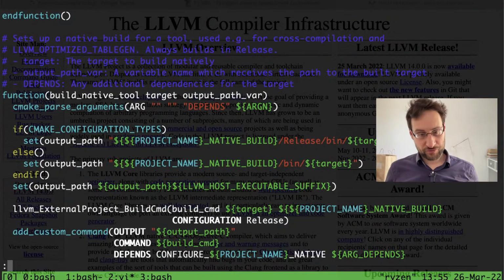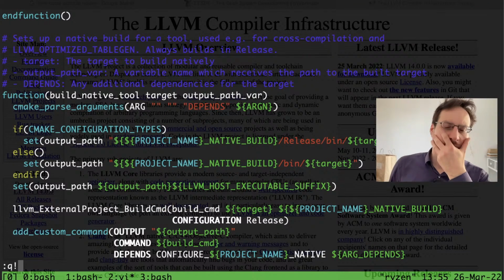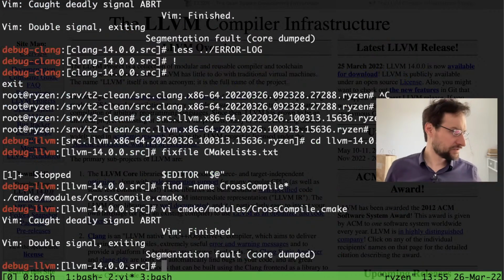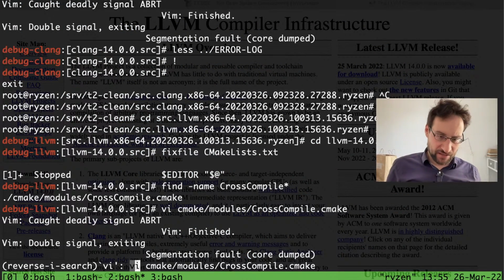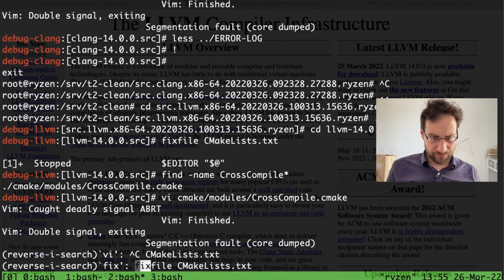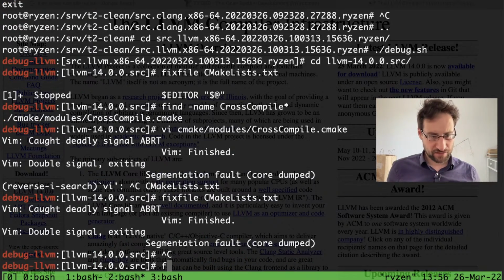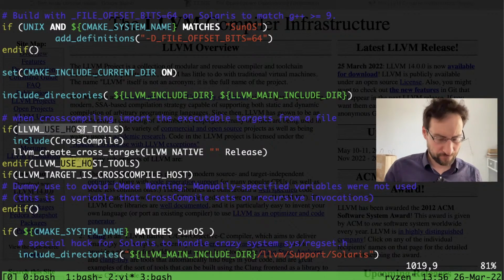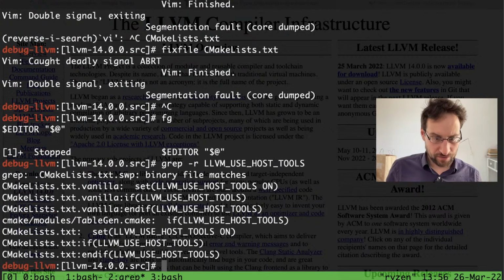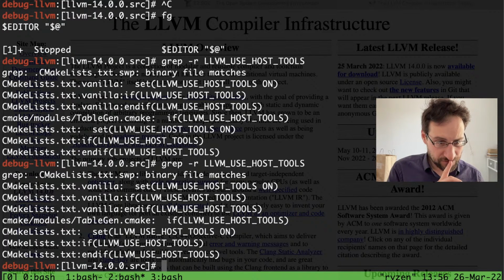Maybe we should actually extract the old tarballs and see what it did there. I suspect just disabling that will not get us very far. Maybe we should check how many other occurrences. This is only in the top level CMake.